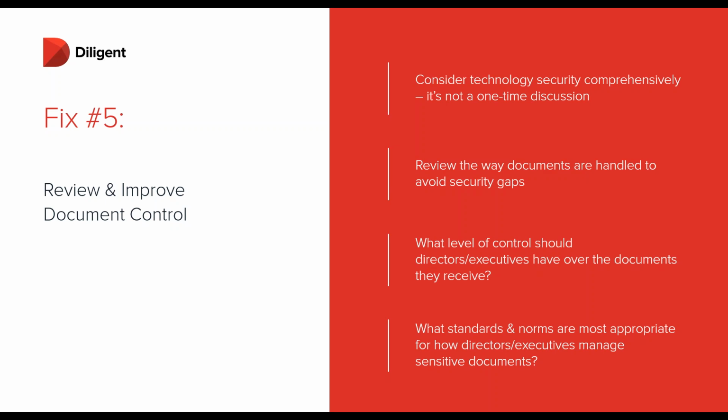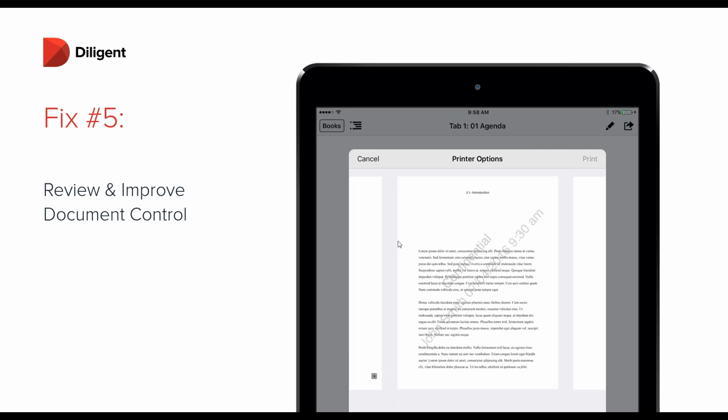So I want to talk about one example that we've provided in Diligent Boards. Yeah, so one solution that we have implemented in Diligent Boards, and this is just one of a few things that we do, is that we've implemented watermarking at every level of how you could access the document. So if a person has access, whether they have print access, export access, and you can disable that access as well if you need that level of control, or even if they're just viewing it on screen, we can apply a watermark to every single page that really adds accountability to this document control workflow, right?